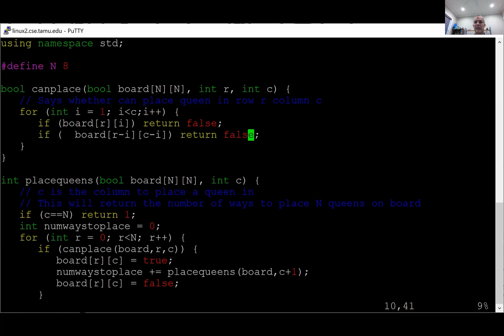Now, the reason I said there's a little bit more to do is you do have to check and make sure you're not going to go out of bounds in your array. So you need to make sure that